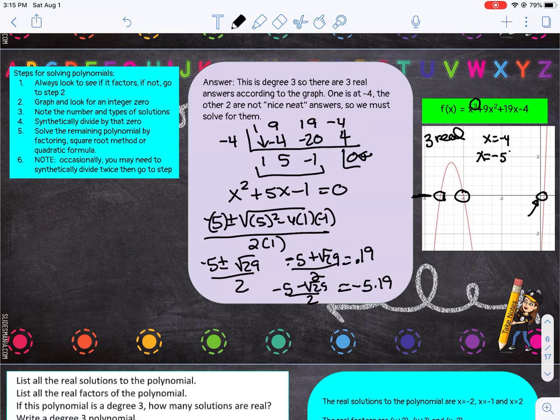Now, when you go to write your solutions, we have x is -4, but I do want you to do the radical form, okay? If your radical needs to be reduced, make sure you reduced it. In this case, 29 is prime, so we did not need to do that in this case. So, again, verifying, you can look at the graph, but I'm going to want to see the exact